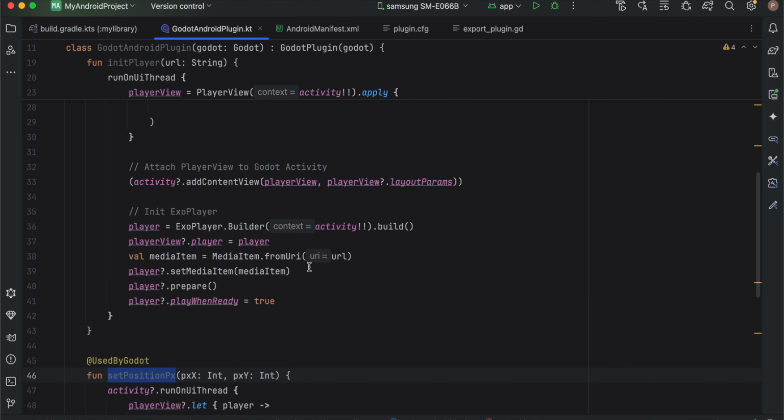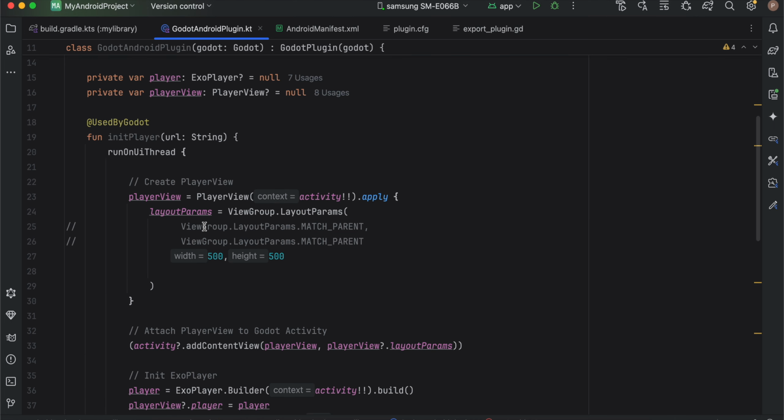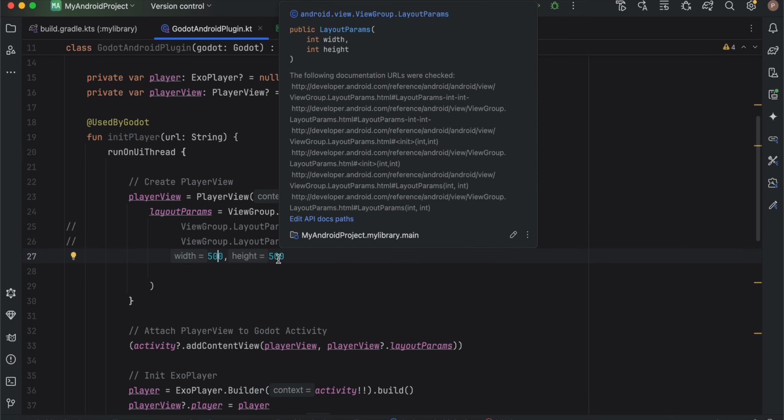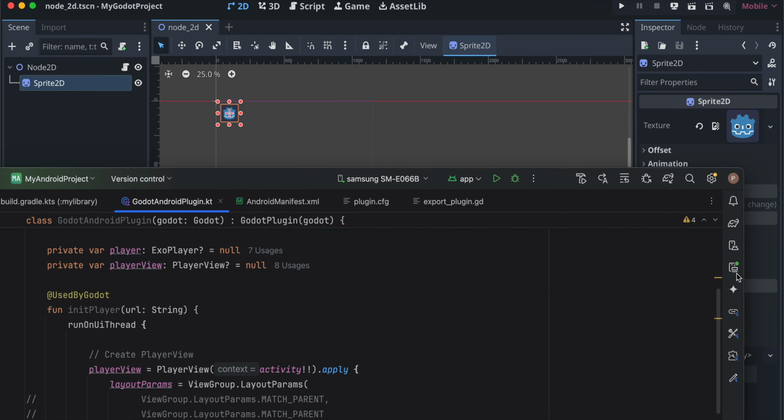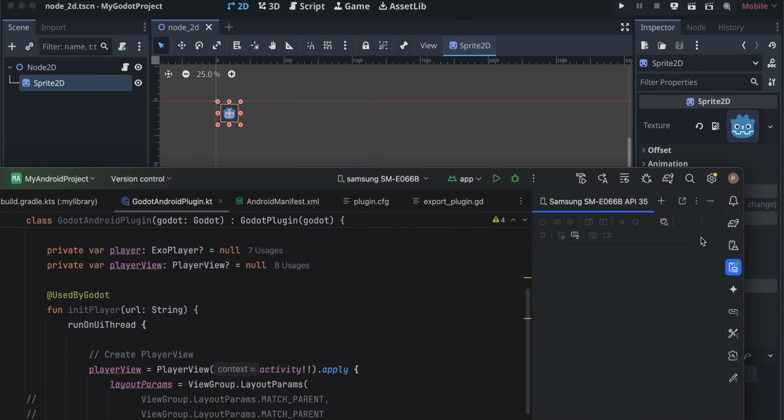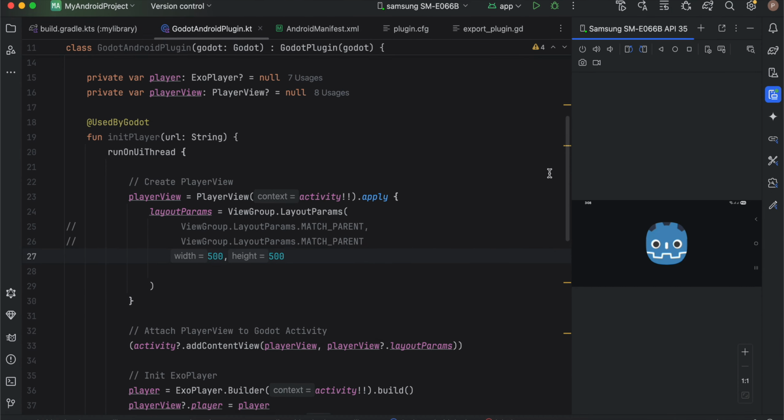Just like if you want to set the width and height from Godot side, just like I'm passing the URL, you can send the width and height as well, so I'll leave that up to you. So let's just wait for this to finish building. Okay, I think it has finished building. Let me quickly show you my device,